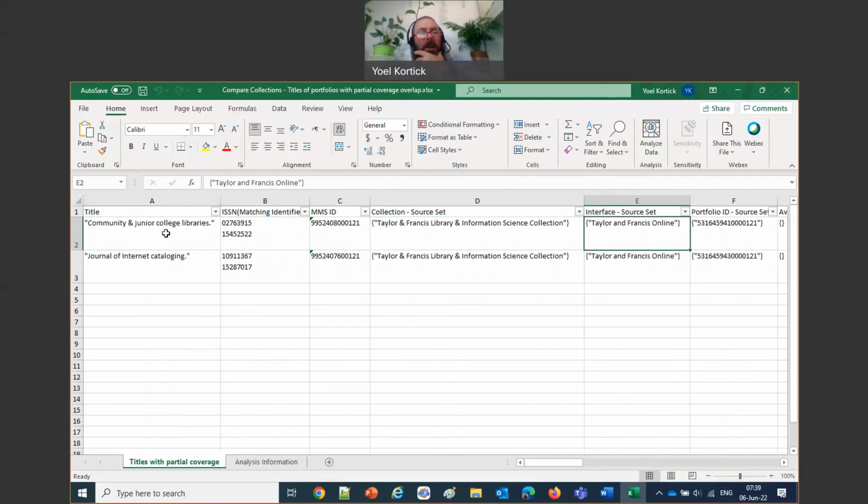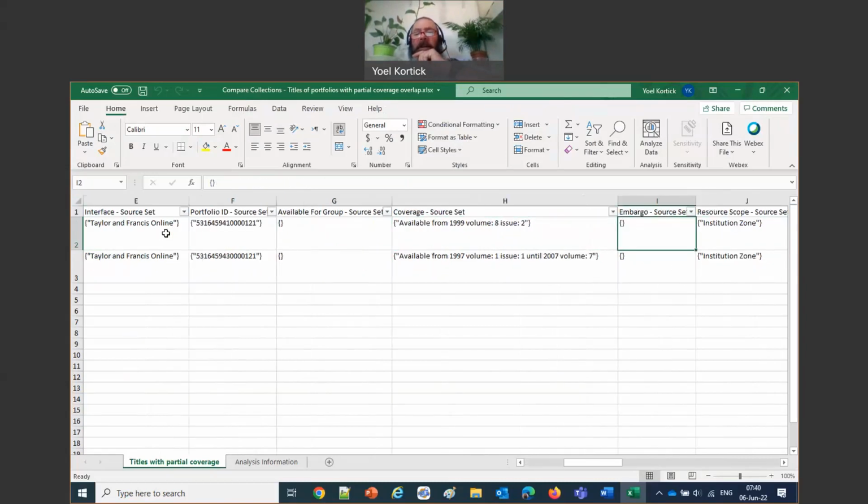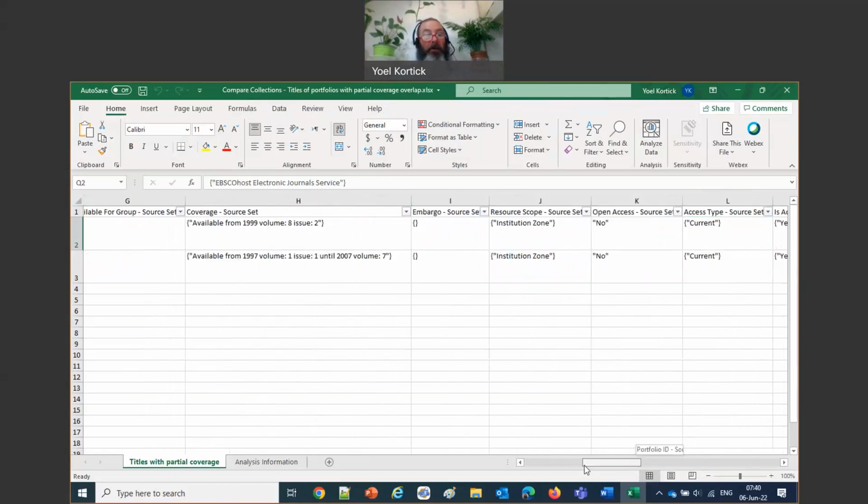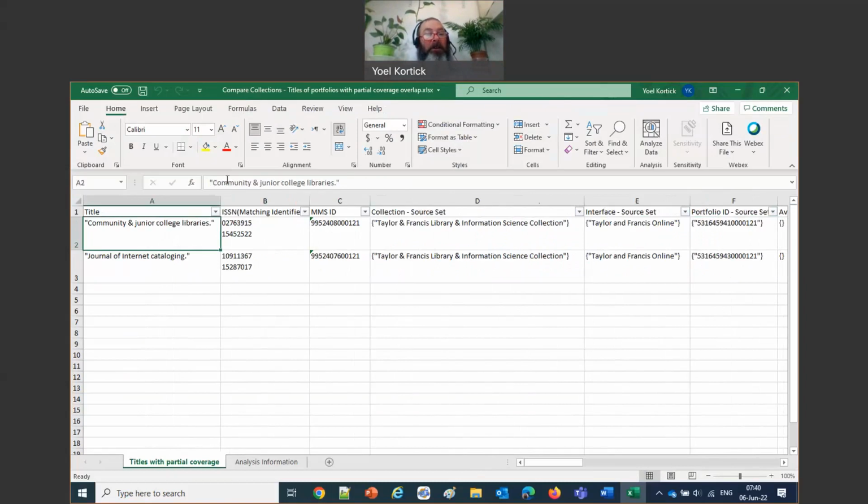So, like the other one, we've got the title, we've got the identifier. This is the one we searched as our source set, and here will be the collections that it's in at my institution. So it's in 3 different collections in my institution. Let's go back to the beginning. I want to take this title, Community and Junior College Libraries. So here,